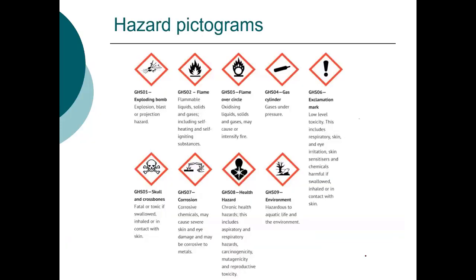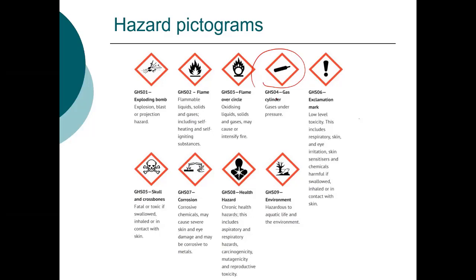This globally harmonized system also provided a set of hazard pictograms. Chemicals are identified with these pictograms. Often labs will be identified also. In fact, they have to be identified at the entrance to the lab with pictograms specifying what is present in that lab. So for instance, my lab has a gas cylinder, so I've got to have that pictogram on the door.